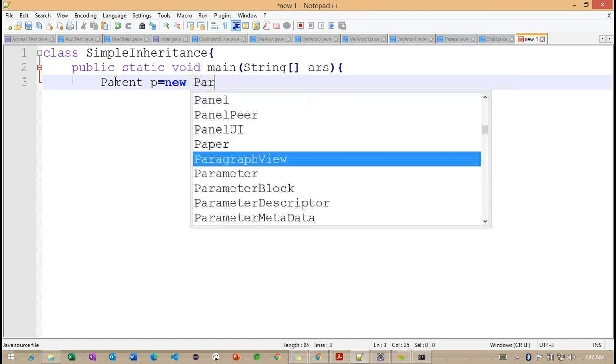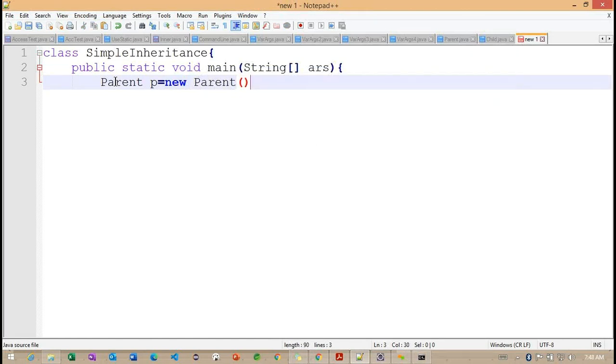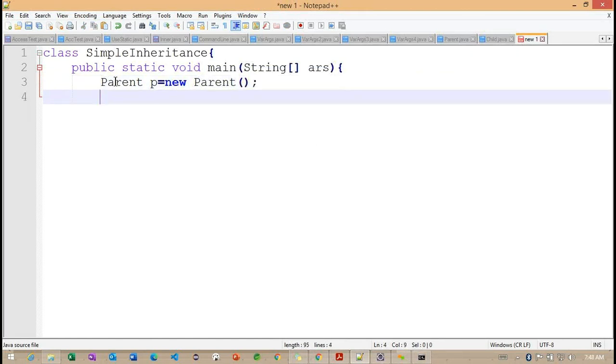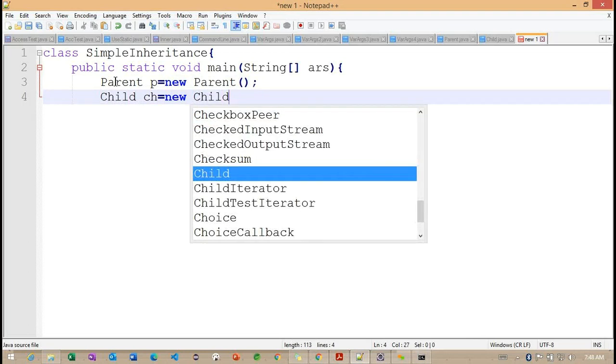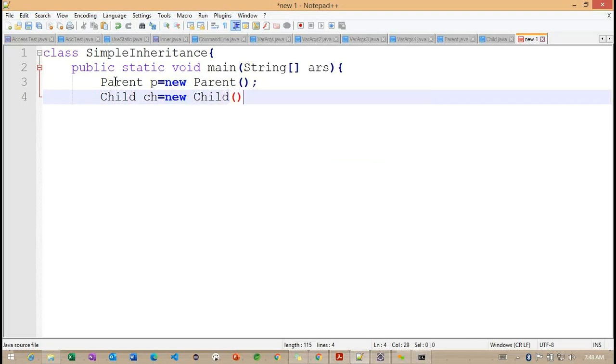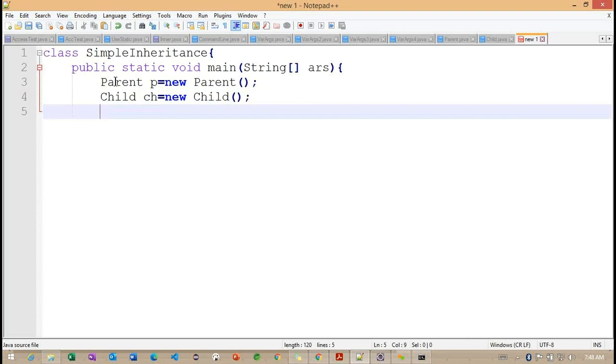I'm trying to create one object of parent, and the child also I created. So I created two objects here.